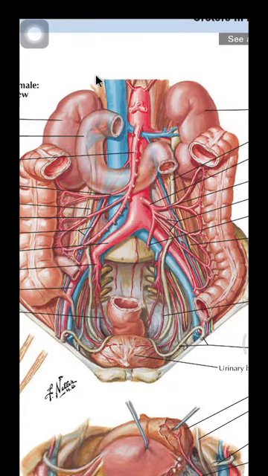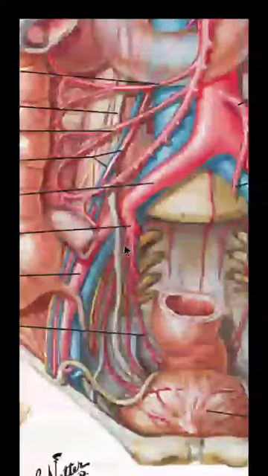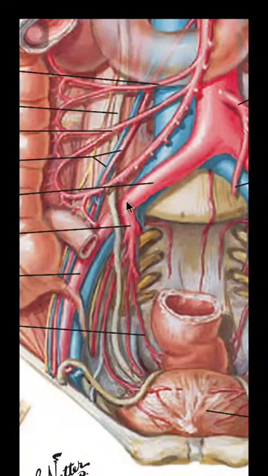We will come to see the relation of the pelvic part of the ureter, that is starting from the division of the common iliac artery into external iliac and internal iliac till the region where it enters the urinary bladder at the superolateral angle of the base of the urinary bladder. So here the ureter is divided into three parts. A first part that is extending from the division of the common iliac artery till the ischial spine.